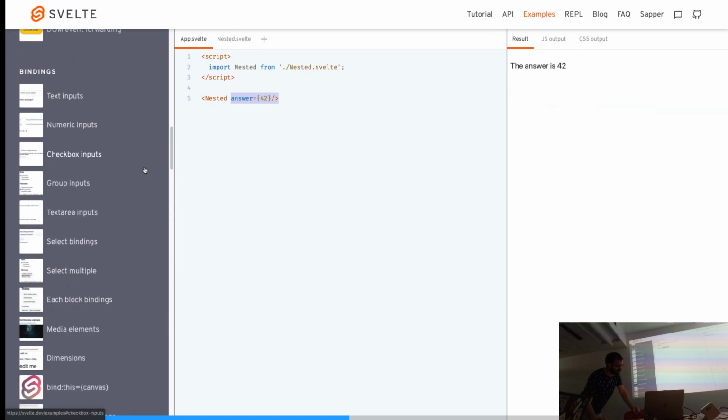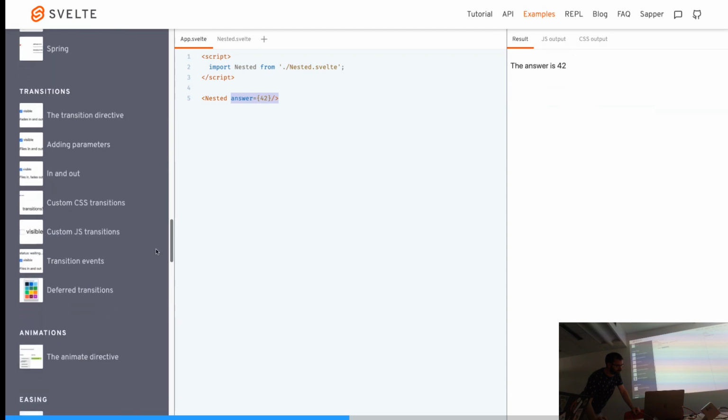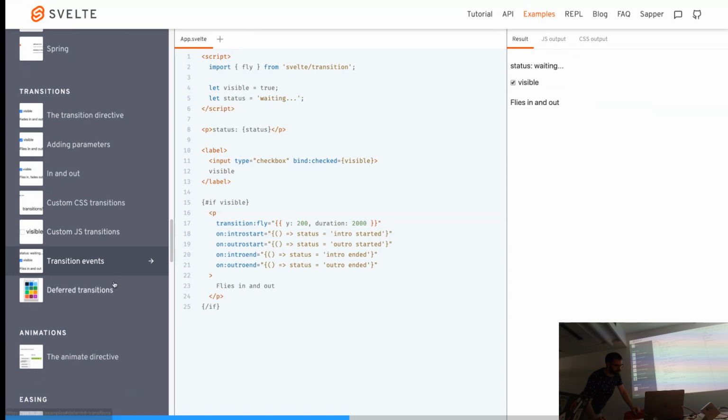So I wouldn't spend much time here because just imagine it can do more or less everything you can do in some other frameworks.